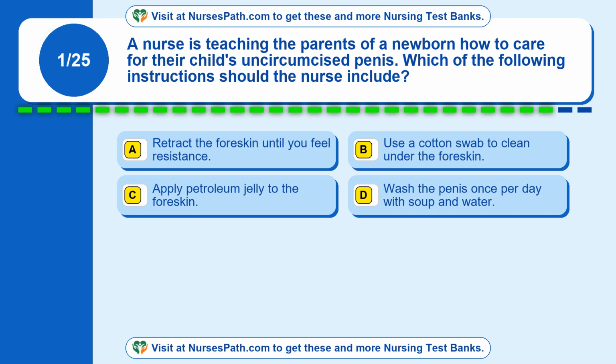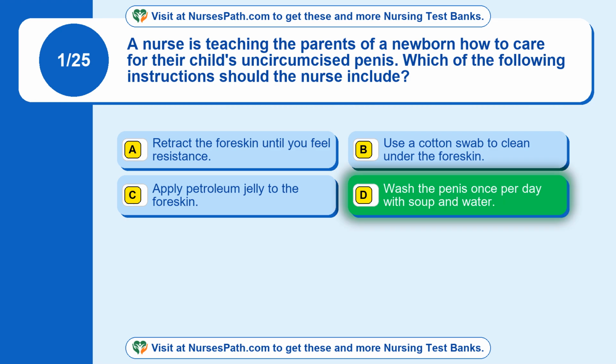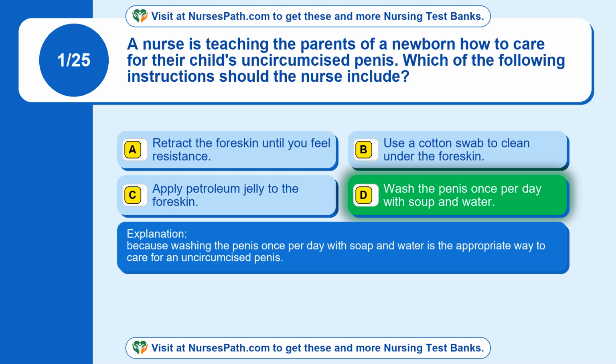Question 1. A nurse is teaching the parents of a newborn how to care for their child's uncircumcised penis. Which of the following instructions should the nurse include? Option A. Retract the foreskin until you feel resistance. Option B. Use a cotton swab to clean under the foreskin. Option C. Apply petroleum jelly to the foreskin. Option D. Wash the penis once per day with soap and water. The correct answer is option D. Wash the penis once per day with soap and water, because washing the penis once per day with soap and water is the appropriate way to care for an uncircumcised